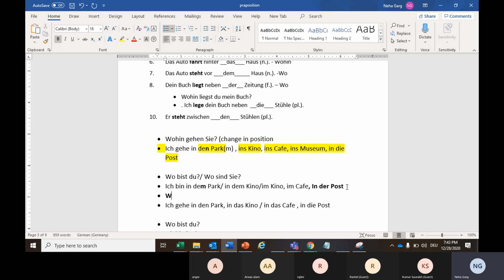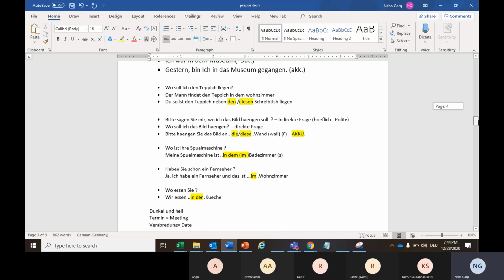Aber wohin gehst du? Ich gehe in den Park, in das Kino oder in die Post. Here you can also use zu. In the post. Now,